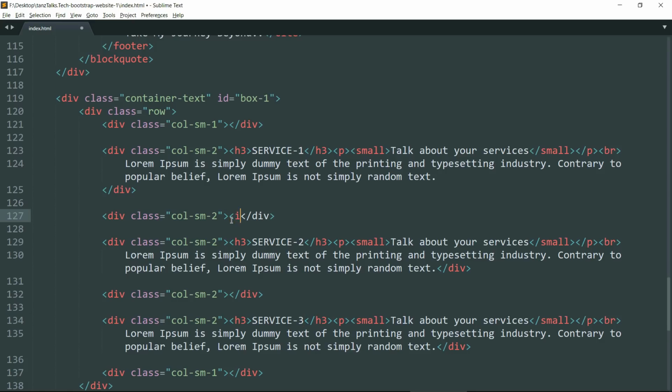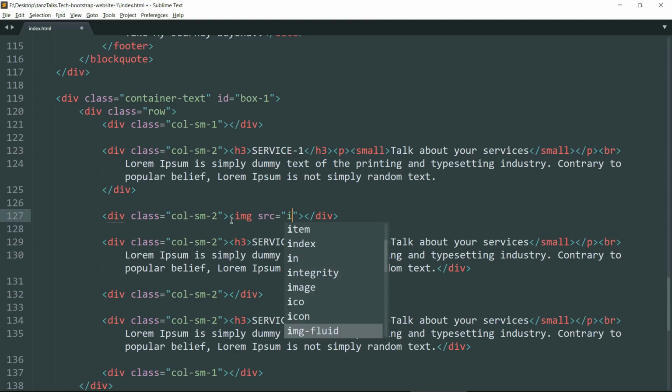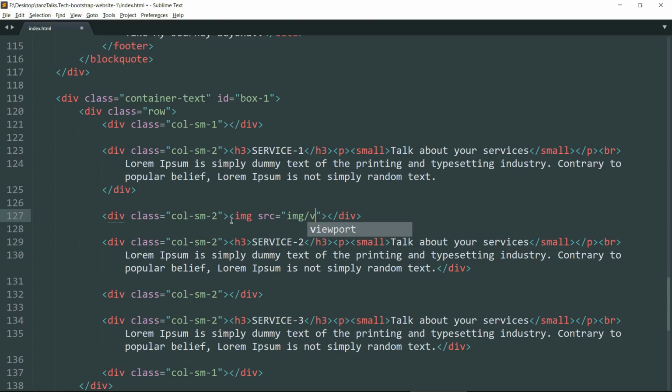Now create an img tag that defines an image. Let's give the source, not the vertical, img/vertical-line.png, and let's give it a class of vertical-line-1.